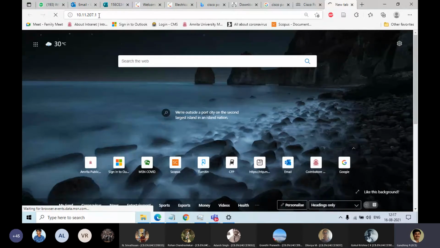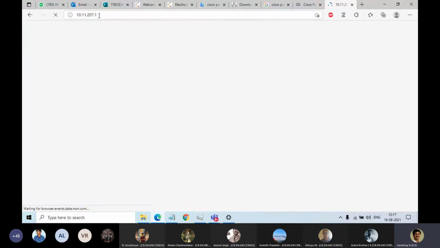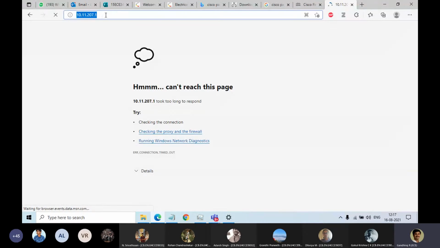If we give that, now I can access that router. I think it is loading. Okay, maybe it has some other IP address. By giving the proper IP address here, I can access the router control panel, and then whatever I want, I can do.